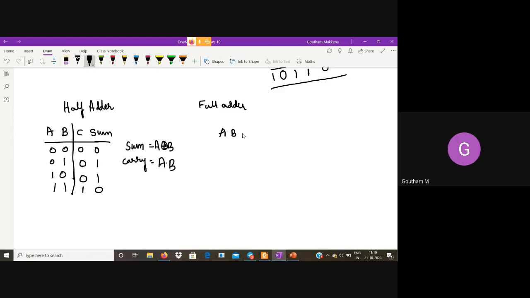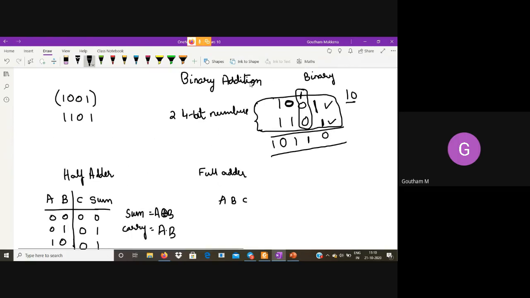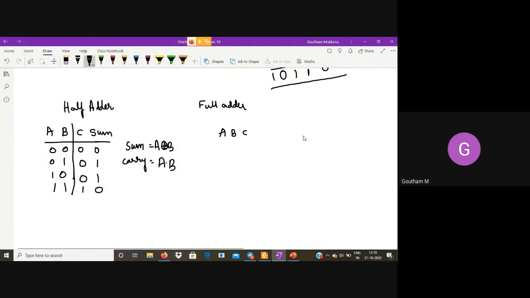A full adder, like you have seen in the example in the second stage, needs 3 single bits to be added, right? So this is where the full adder comes into the picture, where A, B, Cin are your inputs, and carry out and sum are your outputs. This will be adding up to 3 bits.